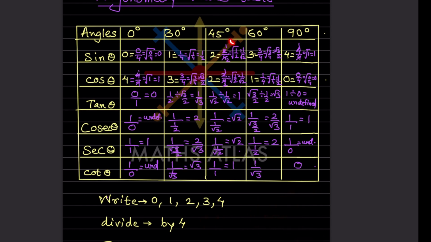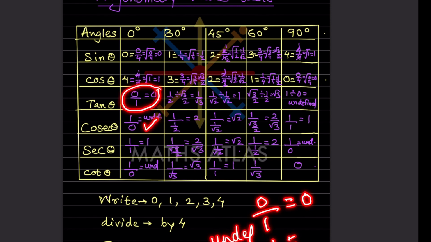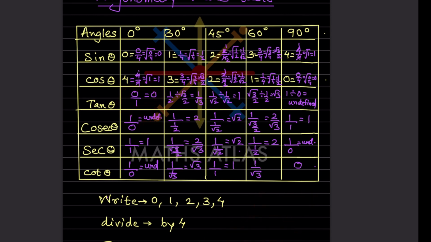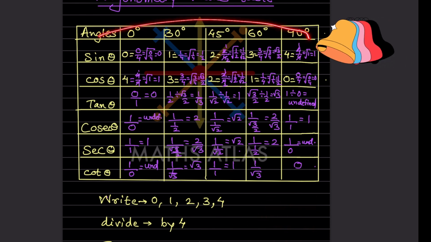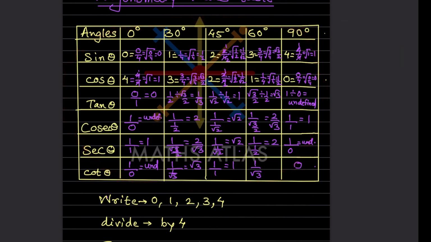Same for here. You just look at this one. You have to follow this rule. And one more thing I'll show here is 0 by 1. Whenever in the numerator we have 0, that is going to be 0. And 1 by 0: whenever there is 0 in the denominator, that will be undefined. I have written undefined in short here. So hope that is clear. Numerator 0 means it is going to be 0, and 0 in the denominator means it is going to be undefined. So you can look at the table.